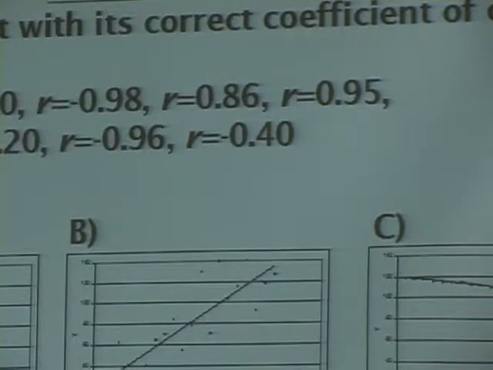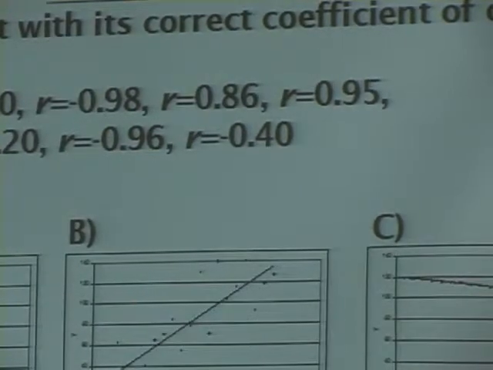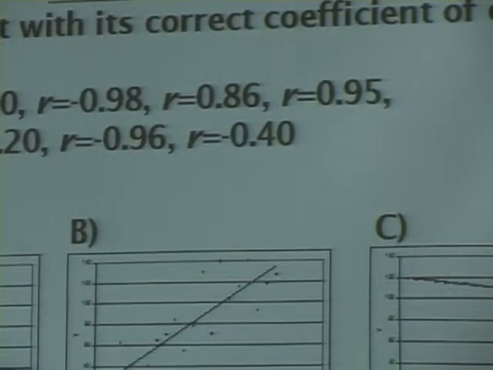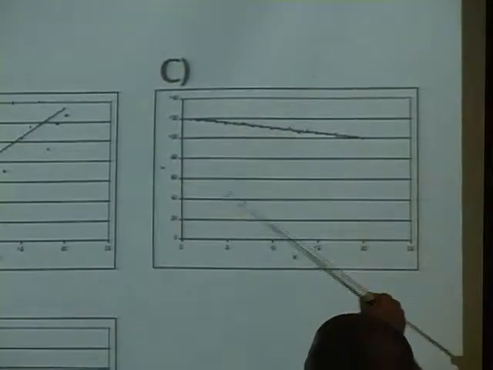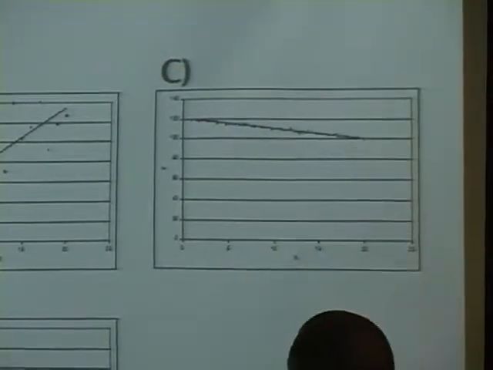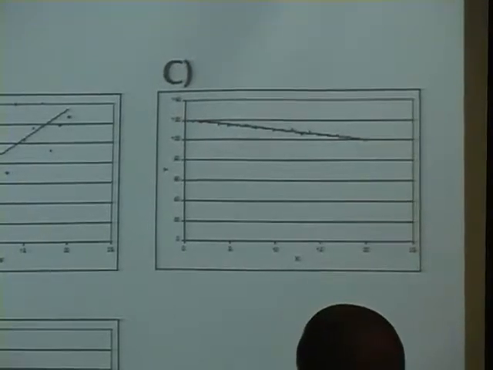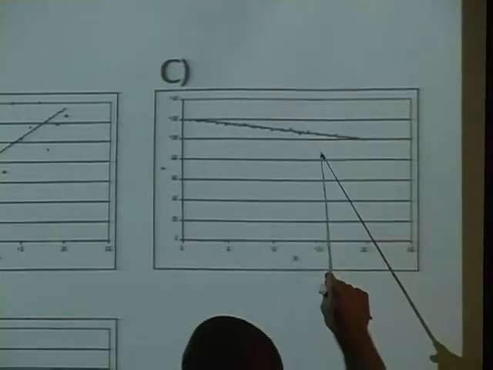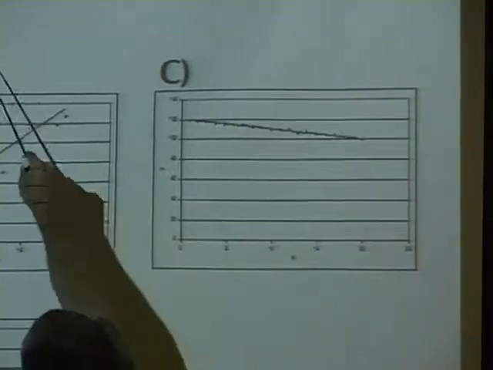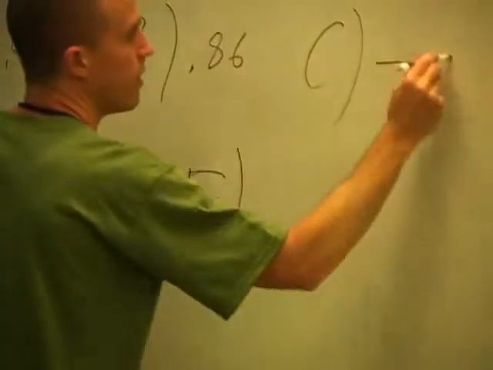They're all negative. Now, the strongest one is actually C. Even though the slope is not as steep as the other slopes, I mean, you probably can't even see the scale, which of course would be relevant, but it doesn't matter the slope, it matters how close the points are to the line. So C is the strongest one, so that becomes -0.98, which is the smallest number up here,